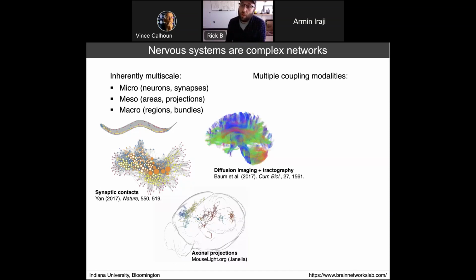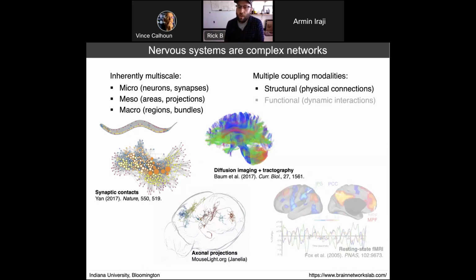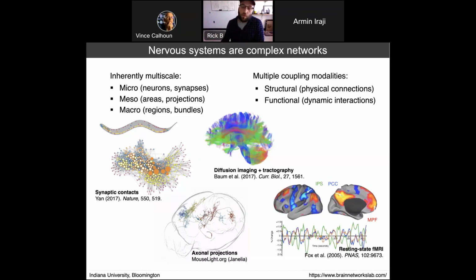Brain networks are also fundamentally multimodal, as you likely all know, which means we can talk about networks like I've shown you so far, which are all anatomical networks or structural networks. The connections, in principle, you could crack open a skull and you could touch the white matter in principle. Don't do it. We can think of networks as being structural, representing these physical and material pathways between cells, areas, and regions. We can also consider functional brain networks, which measure something about the dynamic interactions between brain areas.